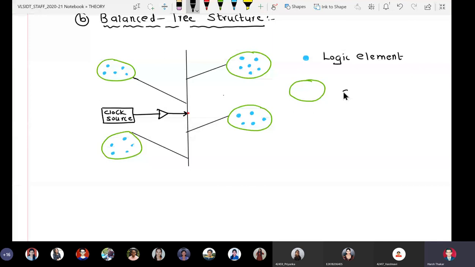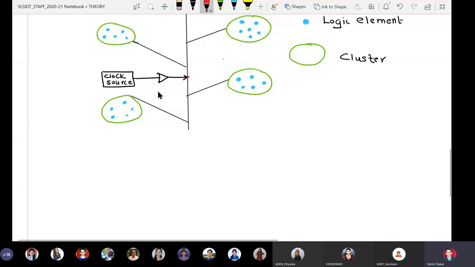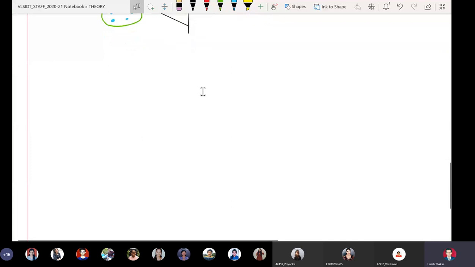Balanced tree approach, and this is a buffer. So these kind of structures are created by placement and route tools.